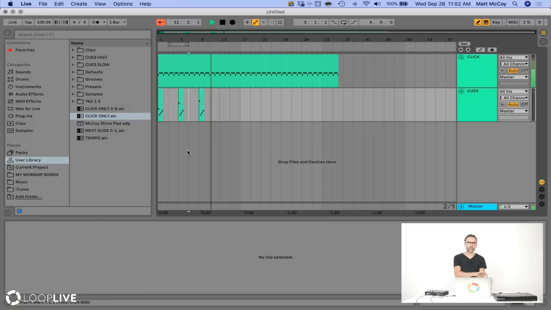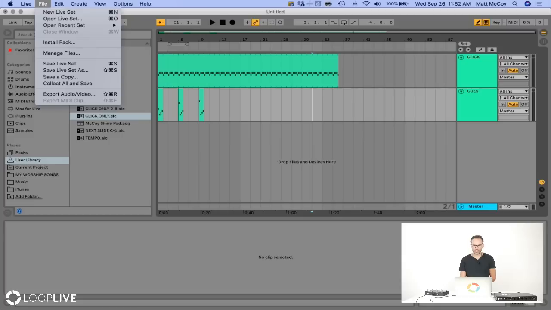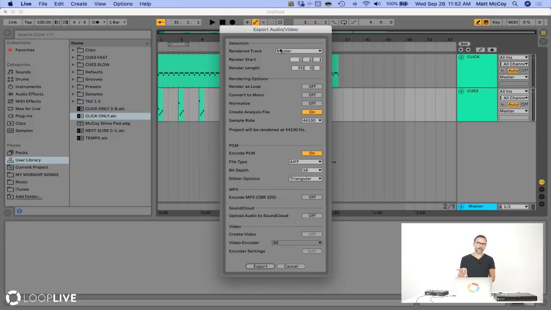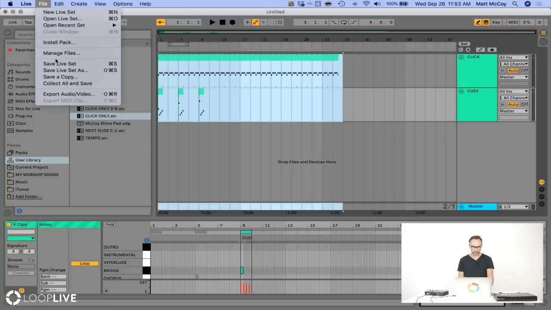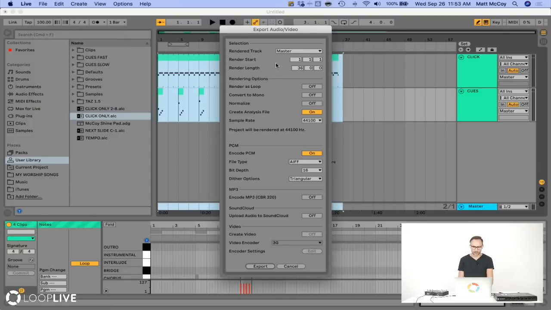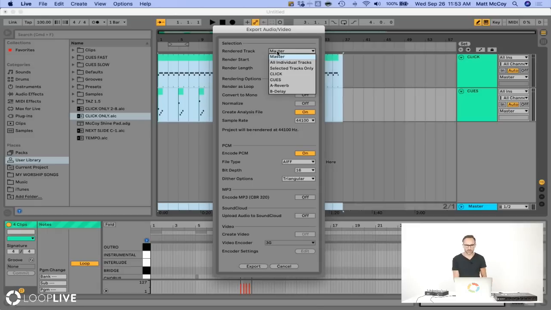All right, so I would go through my whole song, and then I can go to File, Export Audio, and I can export those tracks as WAV files. So if I were to do this, what I would do is actually, before I do that, I would just select all by doing Command A and go to File, Export Audio. And I'm going to choose, it's going to say, what are you wanting to export? I'm going to say, instead of rendering the master track, because that would give me just one file with both the click and the cues together,